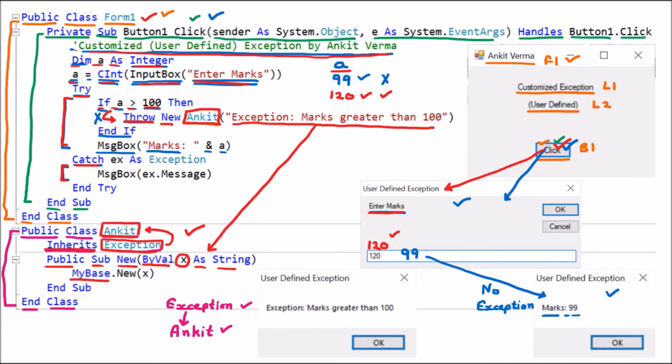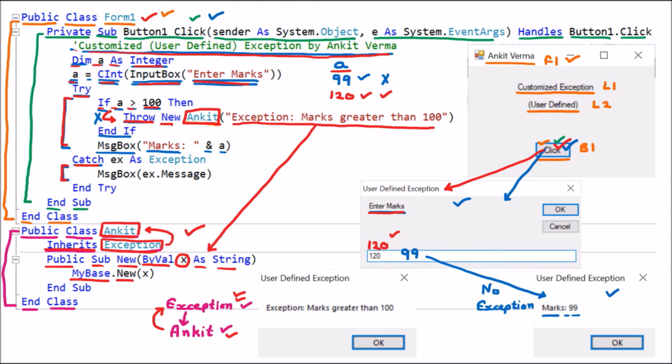MyBase. So from Ankit, we are providing to the Exception class, MyBase. MyBase means who is the base of Ankit? The base of Ankit is Exception. So to the Exception, we are providing that this is the message which we want to print. So here New means the parent constructor we are calling.